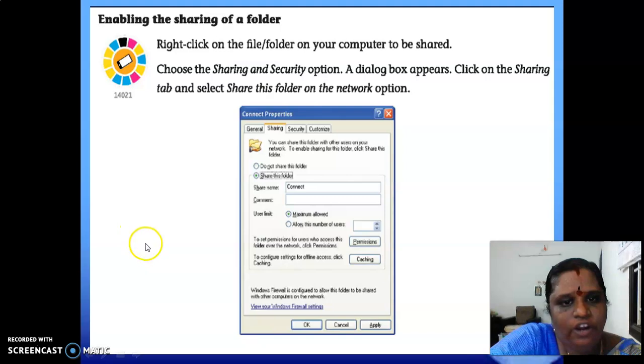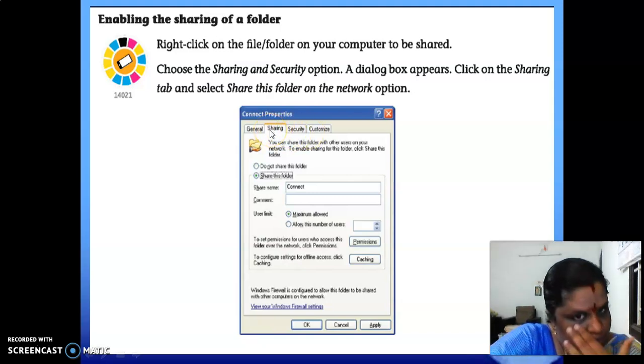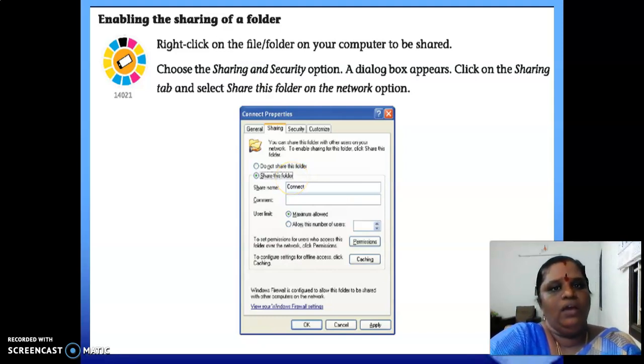As I am not connected to the network, it is not coming, but if you are connected to the network, this option will appear. Right click on the file, and then General, Sharing, Security will be there. Click on Sharing, and inside it Share this folder will be there. You share this folder. Any doubt till now?